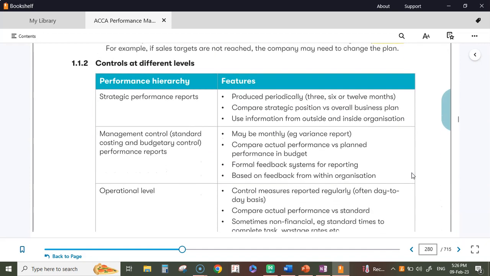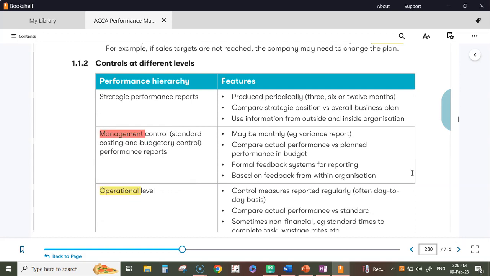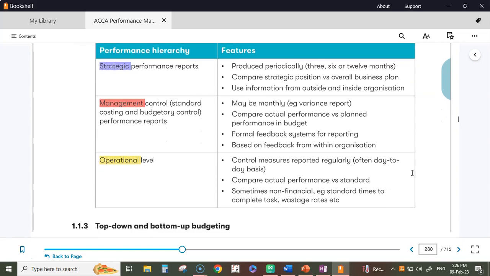Alright, now controls at different levels. An organization is divided into three levels of managerial controls. That is the operational level. Above that there is management control, and on top of everything, you have the strategic level. In the operational level, you control day-to-day operations. Say it's a factory, you control every day what is being produced, how much is being produced, what is the quality of the items being produced, right? Management control is the next level. Say the production department is verifying or testing their one-month analysis report. They are analyzing their performance report and their employees' efficiency report. These are all done on a monthly basis.